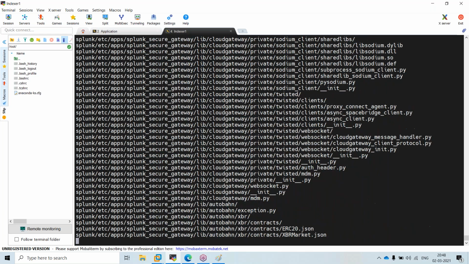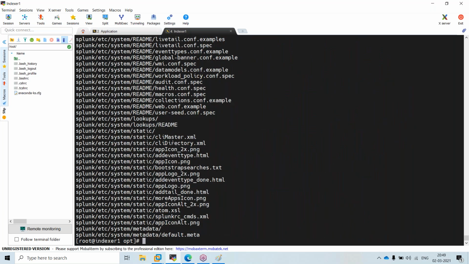This has to be done in the /opt folder. Yes, exactly, /opt is the default folder for Splunk. What if you're using something like Mac? I don't think we have /opt there.